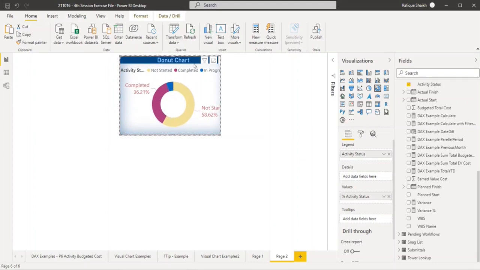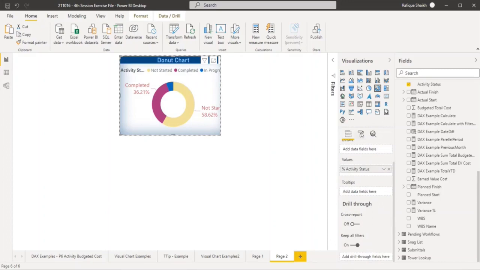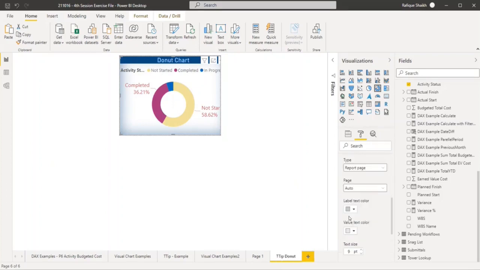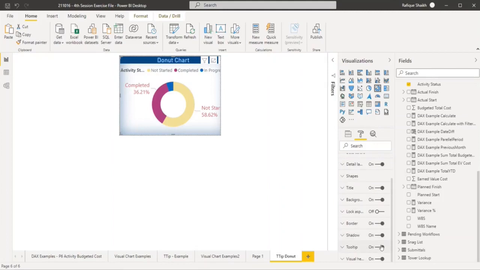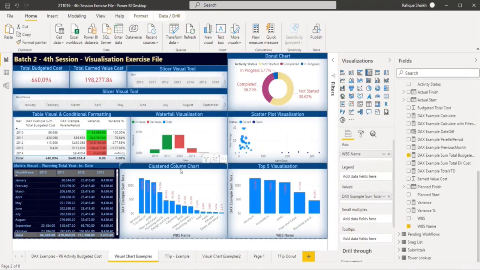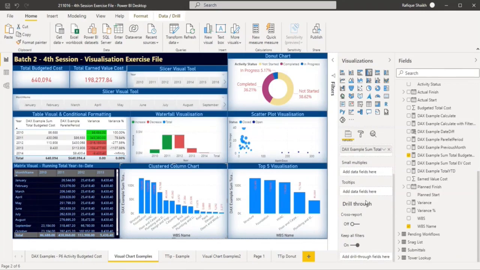You want to show this as a tooltip, for example. So it is fairly simple. You just have to assign this into the tooltip size, and you keep this as tooltip on. Let us rename this as tooltip donut, for example. Tooltip is enabled over here, we have to enable this. And let's say, moving back to our visualization, we want to show this particular tooltip for this particular visualization.